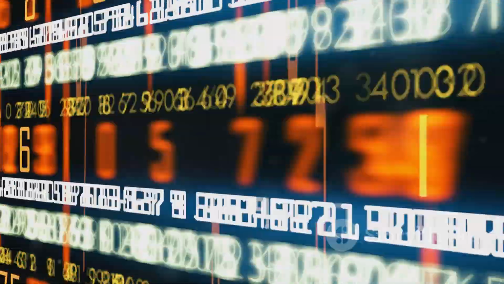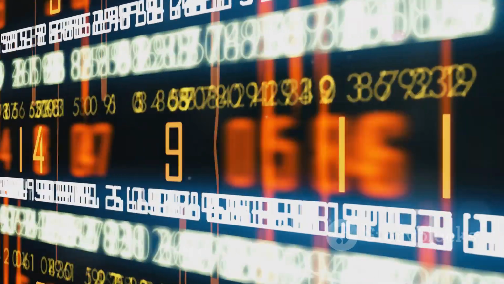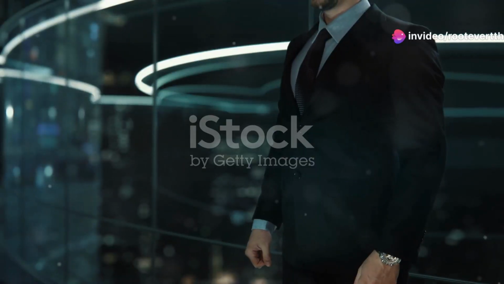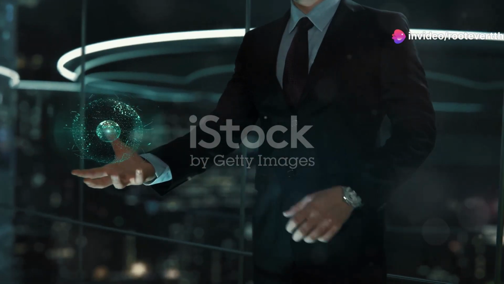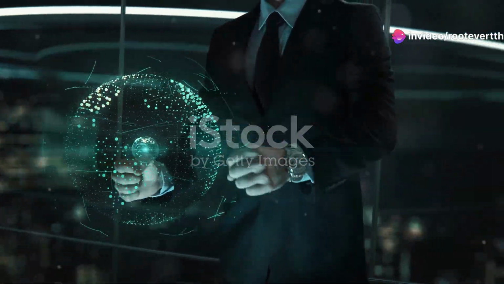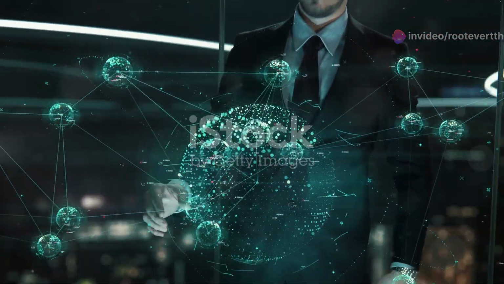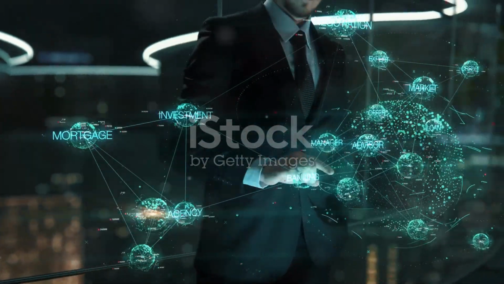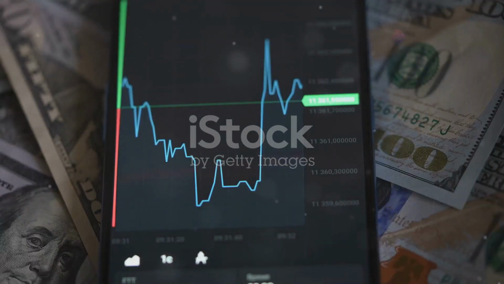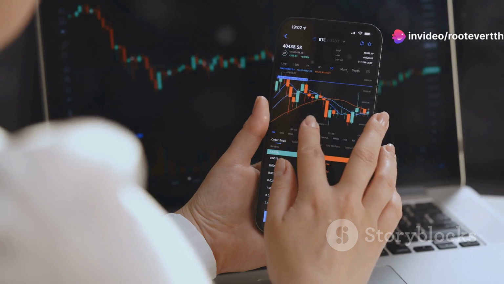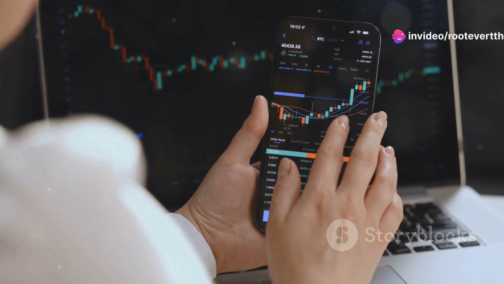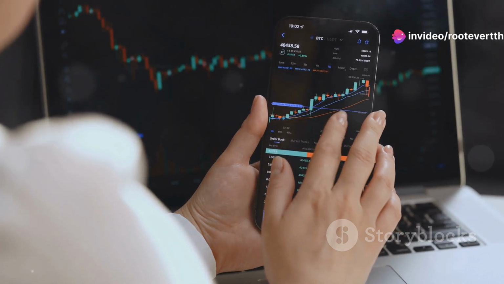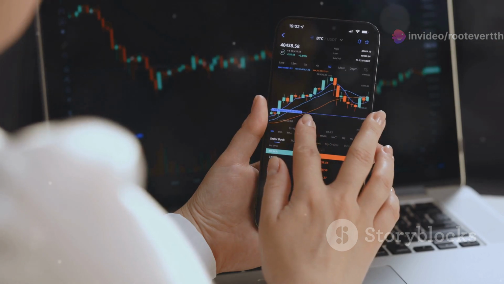The journey into stock market investing begins with choosing the right platform. Today, there are numerous online brokerages that offer user-friendly interfaces, educational resources, and lower transaction costs, making it easier for beginners to start investing. These platforms often provide a suite of tools such as stock screeners, analytical reports, and real-time data, which can help in making informed decisions.